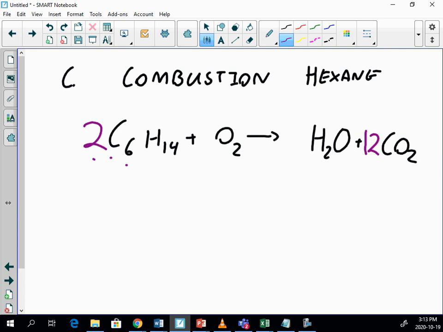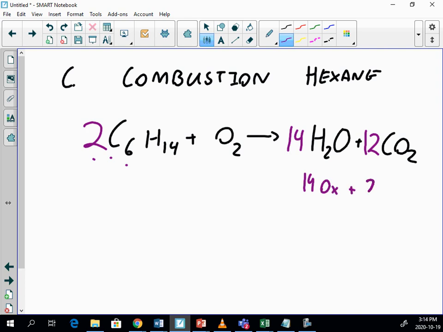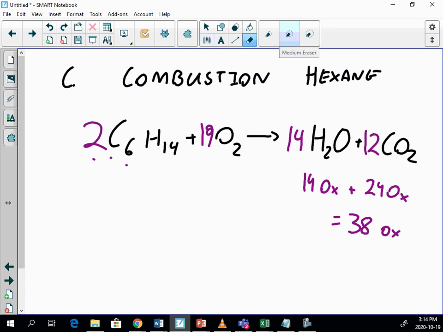Furthermore, I've got 28 hydrogens. 2 times 14 hydrogens is 28 hydrogens. So I'm going to need 14 H2O to balance out those hydrogens. Now, with these giant numbers, I'm actually good to go. I've got 14 oxygen out of my water, and I've got 24 oxygen out of my carbon dioxide. Altogether, that gives me 38 oxygen. And 38 is an even number. We can use 19 O2 to make 38 oxygen, and therefore, we are balanced at that point, with the coefficients 2,